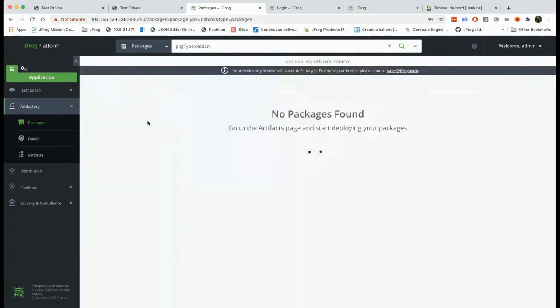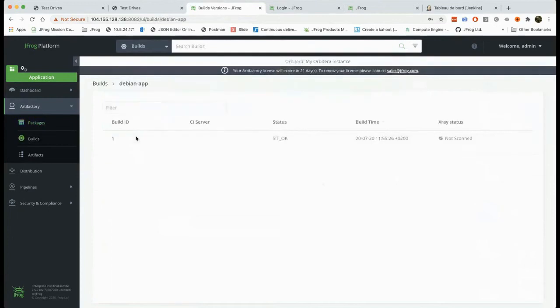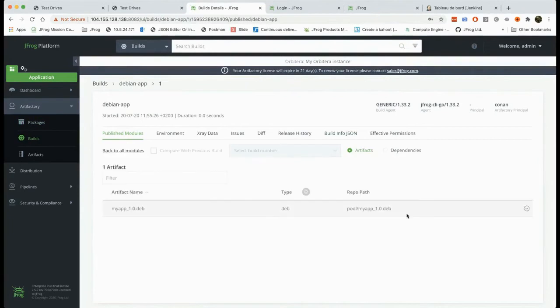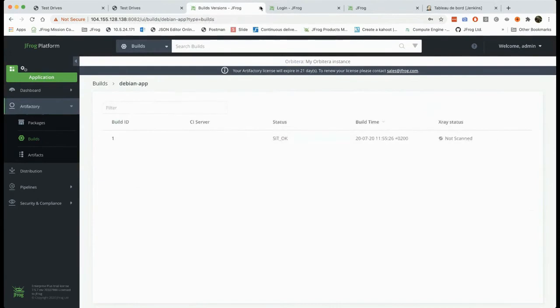So here, if I have a look to the Debian package, no, okay, it's not indexed. But here I can see that I have the same build. I have the same build information, the same metadata, and I have my Debian package also deployed on my Artifactory. So what it means, if I go back to my map,